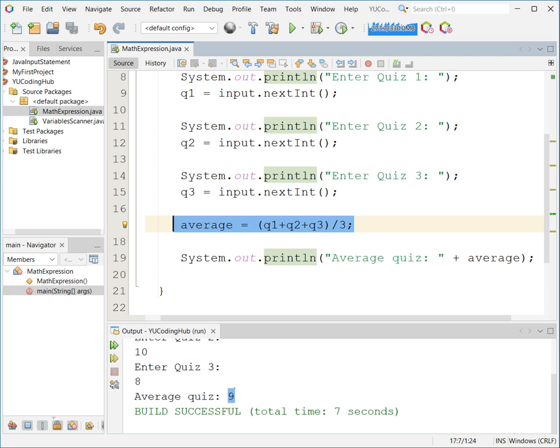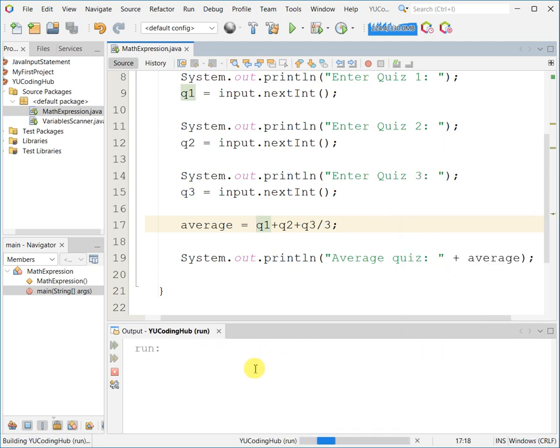Okay, so before we wrap up, let's go over some common mistakes that will happen here. So forgetting the integer division. Always remember when dividing two integers, it will not include the decimal place in your result. If you forget parentheses, the operator precedence, for example, if we forget the parentheses over here, you will see here that the result will be wrong.